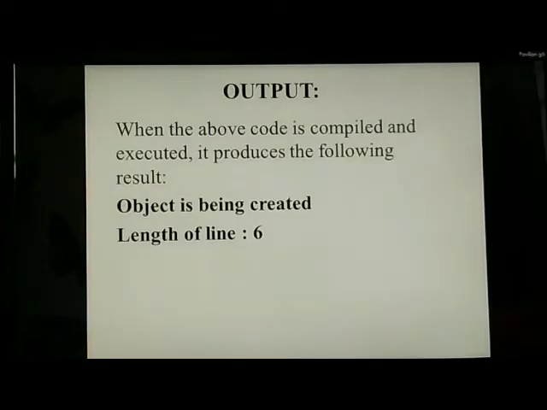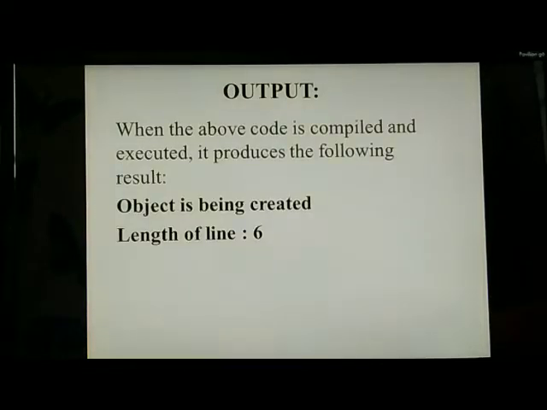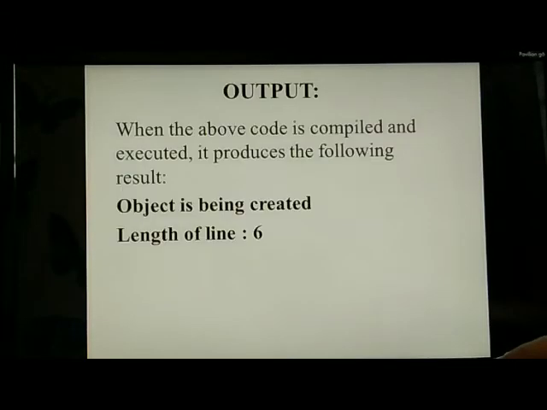When the code is compiled and executed, it produces the following result: Object is being created. We can see the statement which we have written in the constructor is printed first, and after that length of line 6. After that the statement in the main is executed.